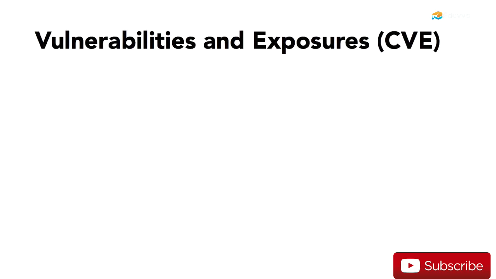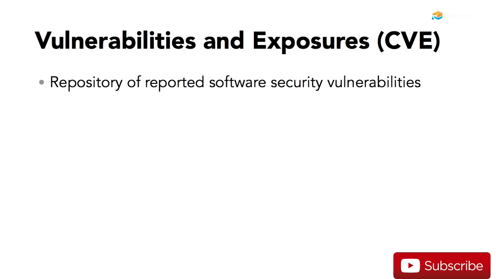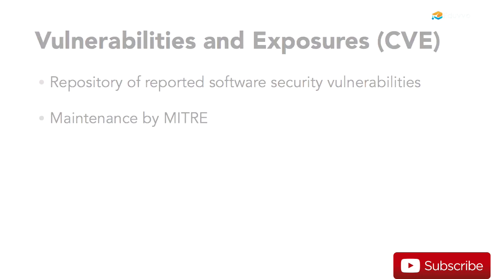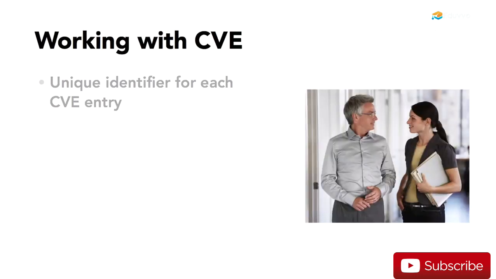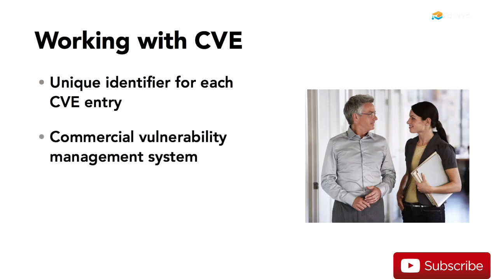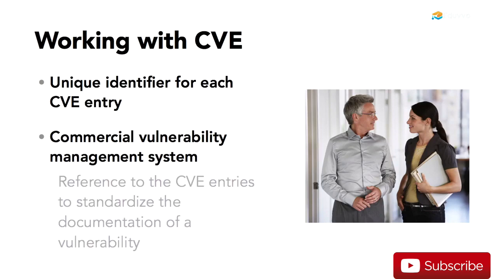Many automated vulnerability management systems take advantage of the Common Vulnerabilities and Exposures, or CVE, database maintained by MITRE. CVE is a repository of all the reported security vulnerabilities associated with a specific software system. Each CVE entry has a unique identifier, which is commonly used by many commercial vulnerability management systems to refer to